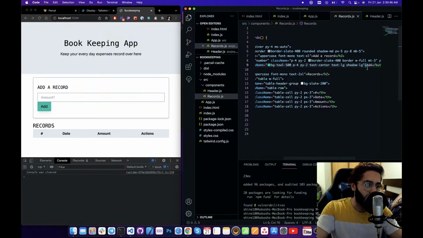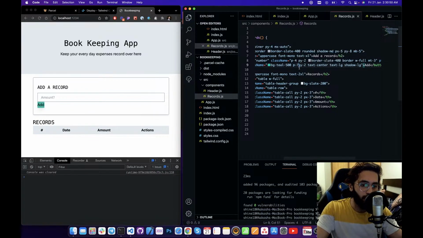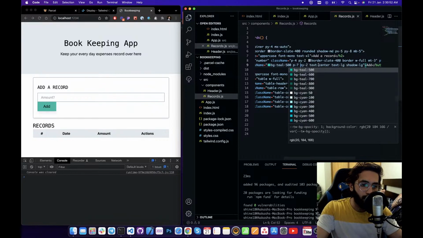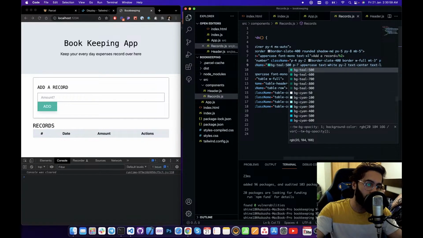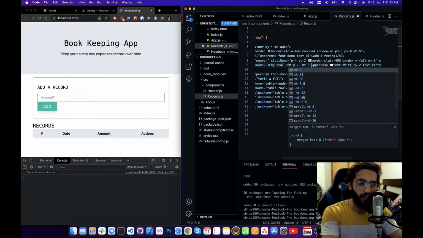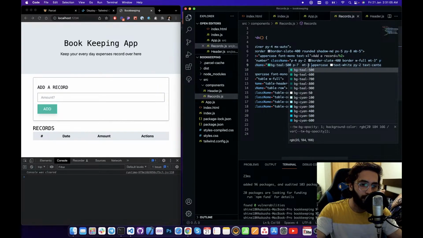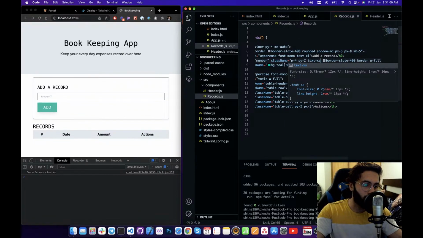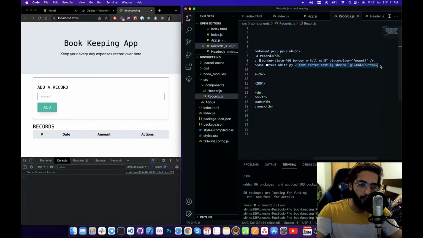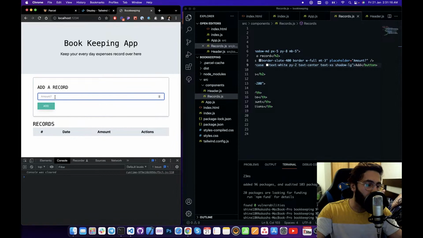I think rounded borders are not good, and let's just increase that padding. Okay, and let's give it uppercase and text dash white, and let's give it margin top of 3, something like that. And in the input we give text dash access. Over here too we give text dash access. Okay, so to add the record,